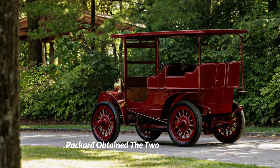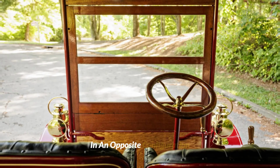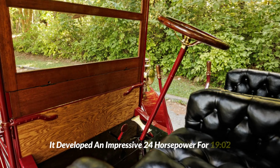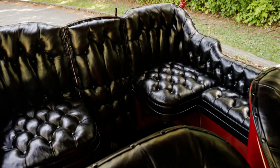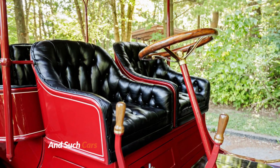Packard obtained the 2-cylinder engine by combining 2 single-cylinder engines in an opposite configuration. It developed an impressive 24 horsepower for 1902. By the standards of the early 20th century, the Model G can be considered a supercar. In the same year, the car won the race from New York to Boston, and such cars were assembled only